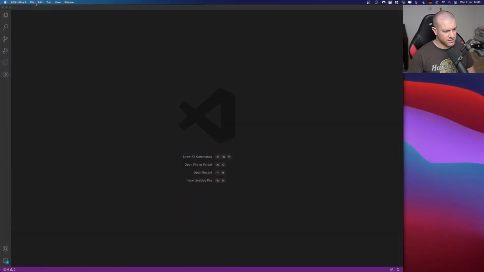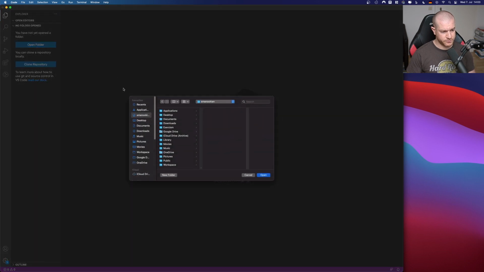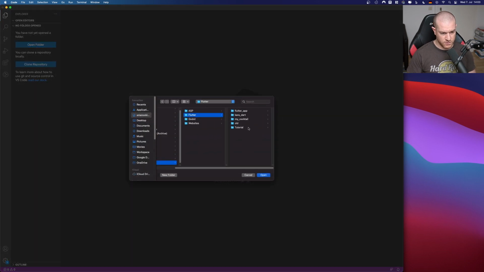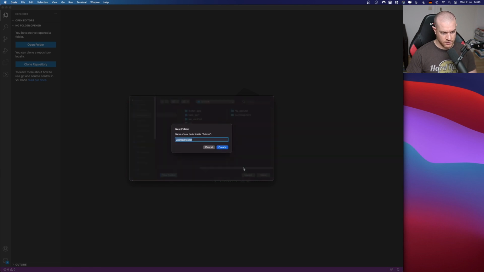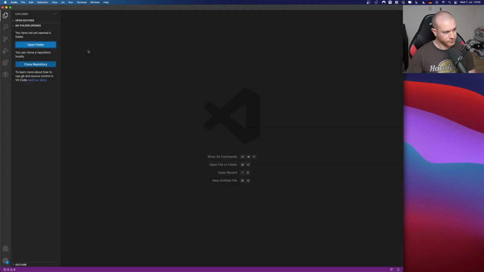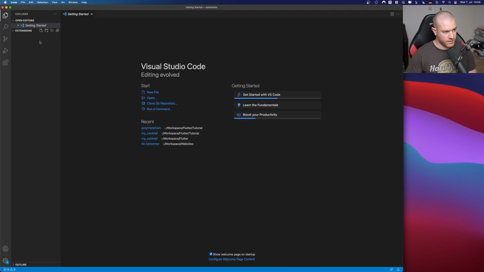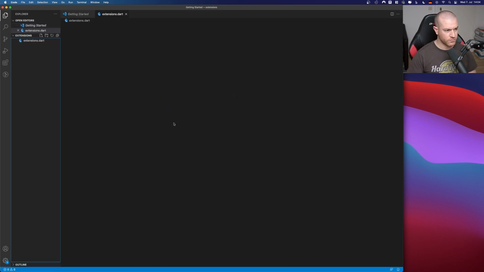Okay, let's open this and let's go here. Flutter tutorial. It's called extensions. Come on. And let's create a file. Let's call it extensions.dart. Okay. So just imagine that you have